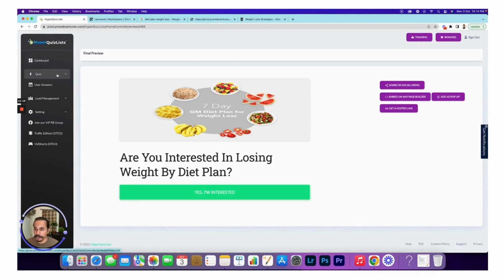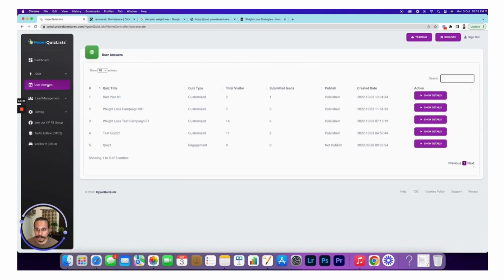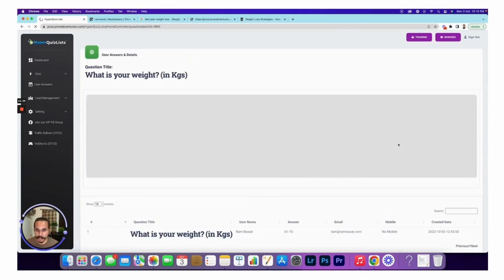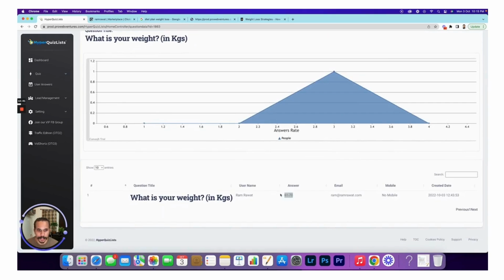and if we want to see whether it has captured all the answers or not, we can simply go inside the user's answers option. And we can see here the first campaign, that is diet plan, and I'll simply click on this show details option. And so these are the questions and we must have the answers for these. So you can see I have filled Ram Rawat, 61 to 70 kgs weight. The name is captured, the email is captured. Okay, then we go back